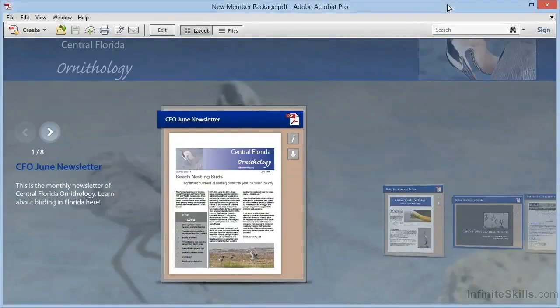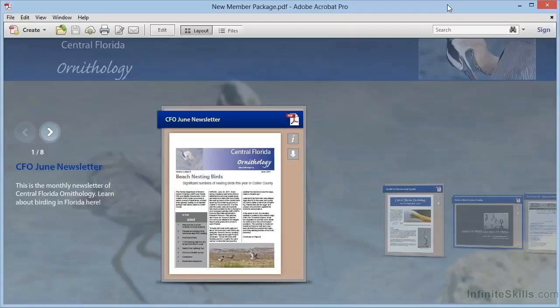As you're developing your PDF portfolios within Acrobat 11, you'll need to keep in mind that not every reader of your documents will have Acrobat or Reader version 11, and you have to find a way to accommodate users of earlier versions of Acrobat and Reader in your distribution. We're looking here at the file newmemberpackage.pdf, which is located in the working files in the Chapter 8 folder and